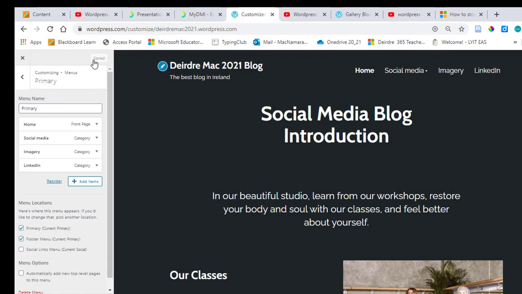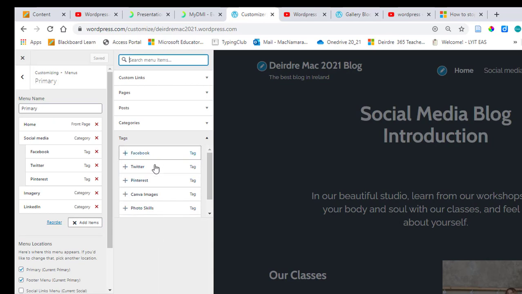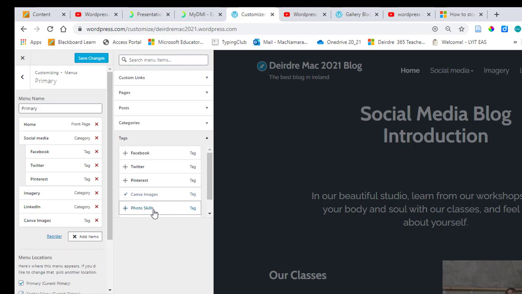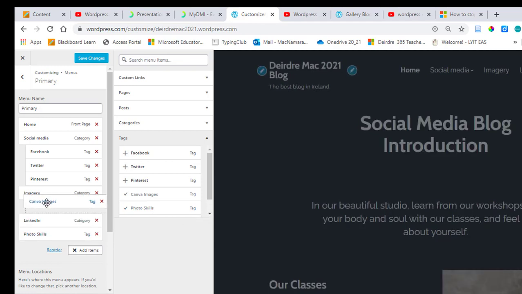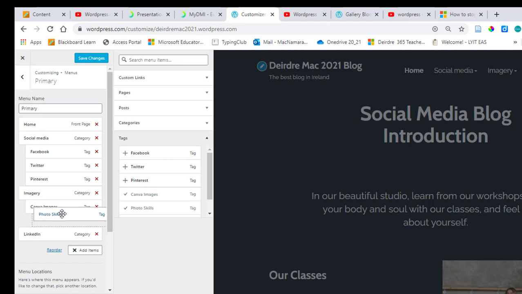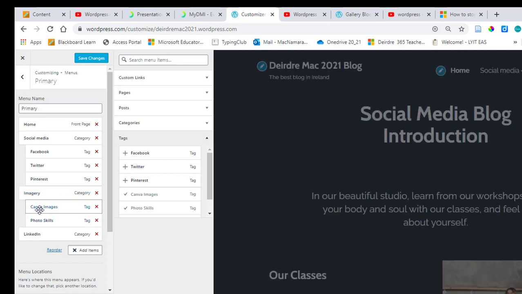So let's click on Save Changes there. And now when I click under social media, you can see I've got Facebook, Twitter, and Pinterest. And it'll automatically take me to any posts that relate to that. So the next thing we're going to click on is Add Item. So we've done Facebook, Twitter, and Pinterest. We haven't done the Canva images. So we'll click on Canva Images, and we're also going to select Photo Skills. So we'll put Canva images under imagery, and we'll also put Photo Skills under imagery. And now they're stepped in, so they'll come in underneath